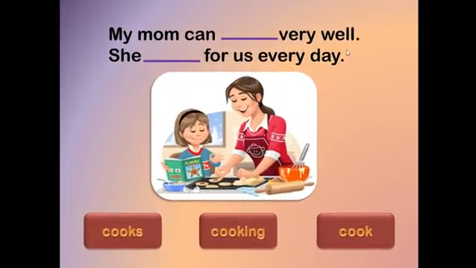My mom can something very well. She for us every day. So my mom can cooking. Is this even the present simple? No. So my mom can here is like do or does. Okay, we said that the verb after do or does or don't or doesn't comes as it is. So can I say my mom can cooks? No, my mom can cook. Okay, so my mom can cook very well. She for us every day. So here my subject is she, so I add an s at the end of my verb in the present simple, so she cooks for us every day.